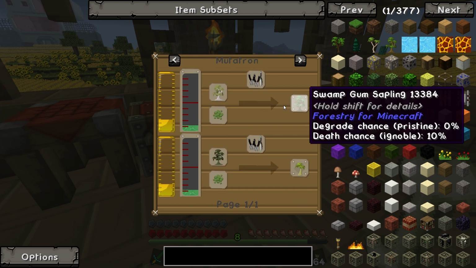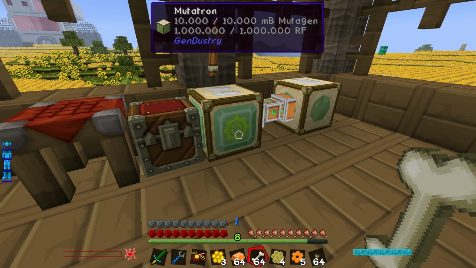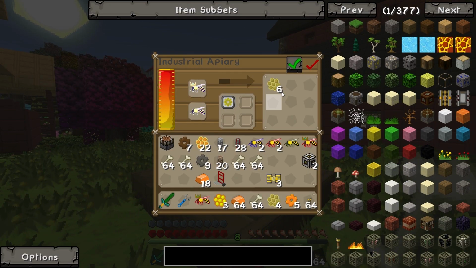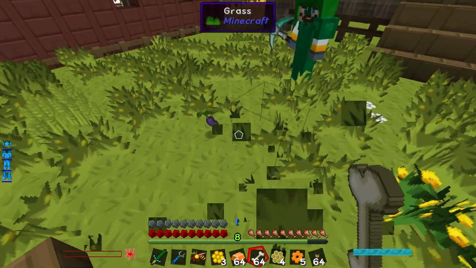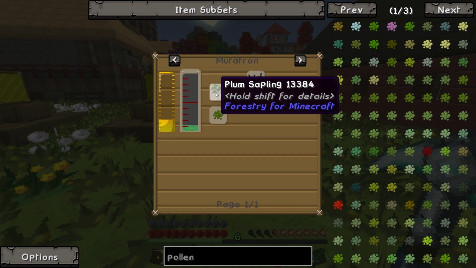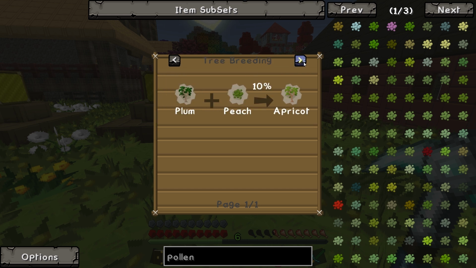So hang on a sec. How do we get these special pollens? Oh boy, I don't know. Will the bee make pollen differently if there's a tree planted next to it? Do we need a teak bee? There are loads of different types of pollen, actually. I'm going to press the button that tells you how to make them. Recipe for apricot pollen. No, it doesn't. That's what it's used for. Yeah, press R to see how you make it. Oh, tree breeding. What's tree breeding? Oh, tree breeding is just...